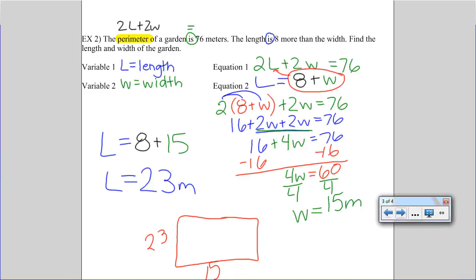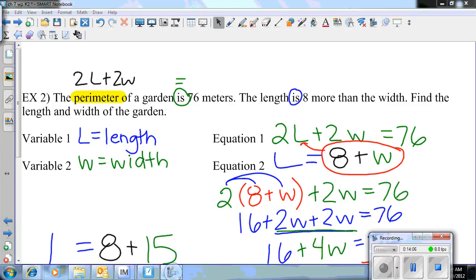All right. Your assignment for tonight is a worksheet. We'll get that